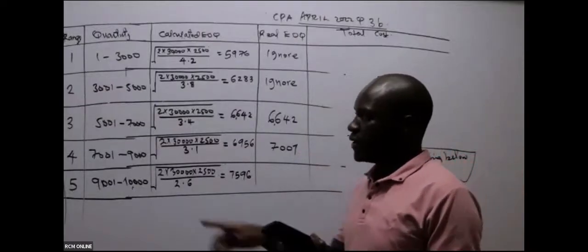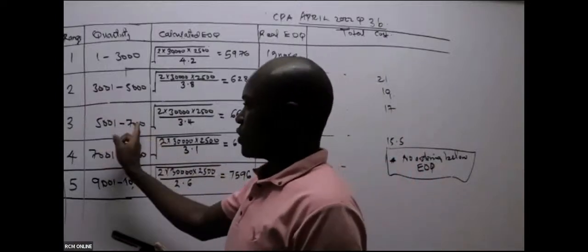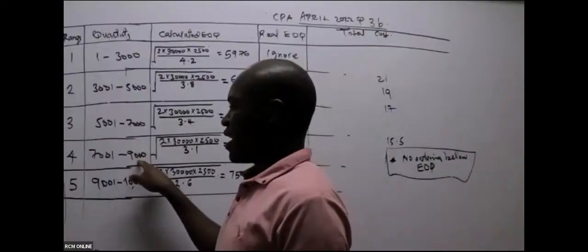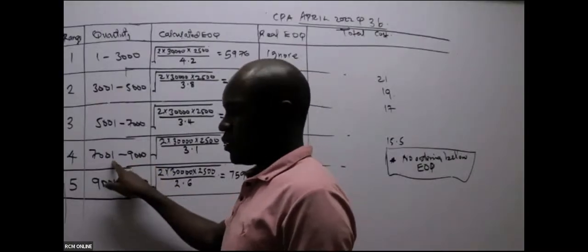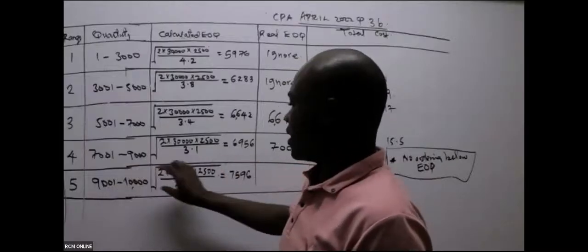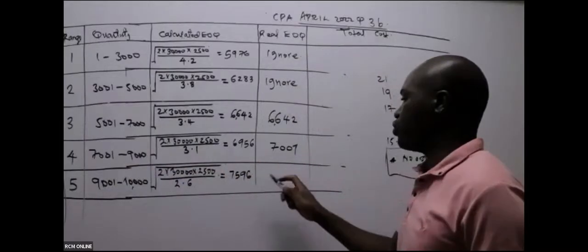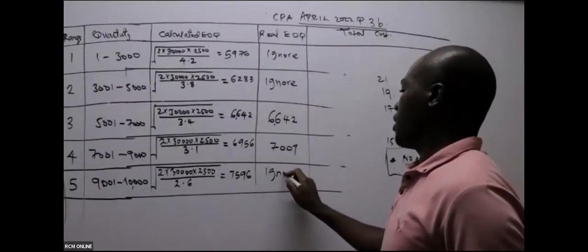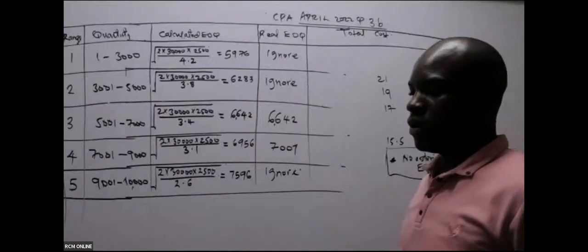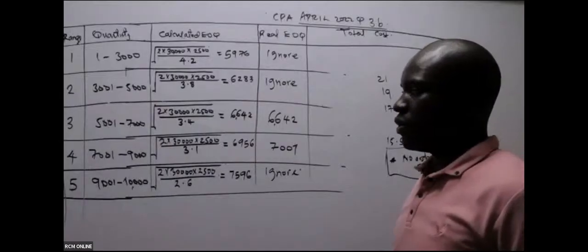7,000 is the maximum. So the next one from 7,000, 7,001 to 9,000. You take the lowest. It's 7,001. Good. So some people are telling me here number one. Somebody has said I should ignore. Another person is telling me no, don't ignore. Just take